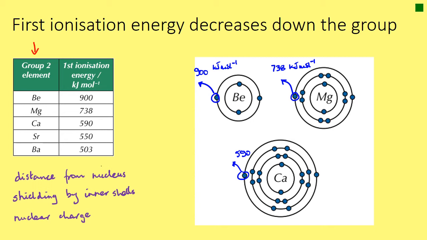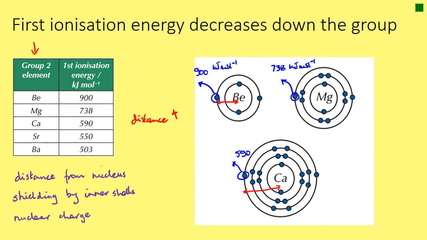Okay, so why does it get less as we go down the group? Well, let's consider our three things on the left. You can see for beryllium that the distance between the electron and the nucleus is smaller. Let's compare it directly to calcium, and that distance there of the electron from the calcium nucleus is greater. Okay, so the distance increases down the group,